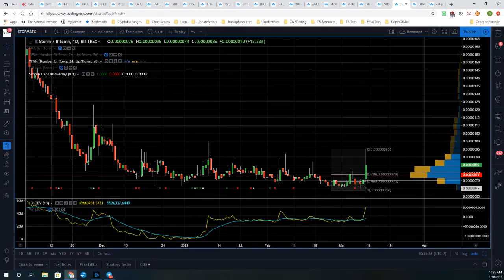Really what we are is we're statisticians. We're trying to figure out, if these things happen, what is the statistical probability that something will happen? And if you listen to the university professors, they say the market's completely what they call a random walk. You can't predict price action. So if that was the case, then this would be just a big waste of all of our time. But what I've learned over my past 20, 30 years working in the business is that when certain things happen,